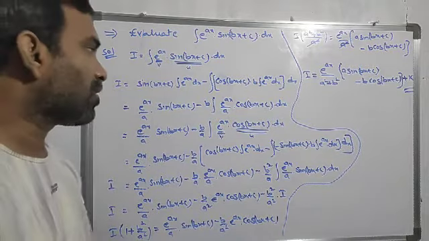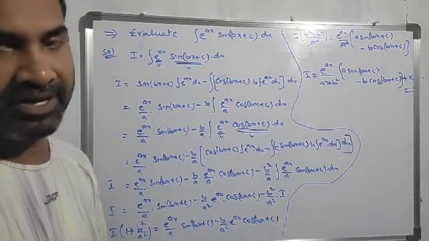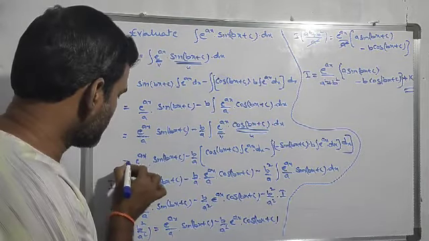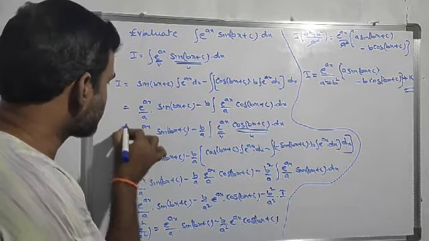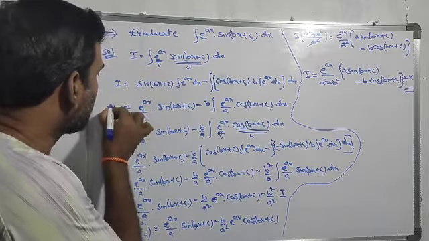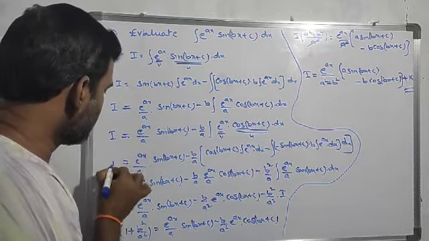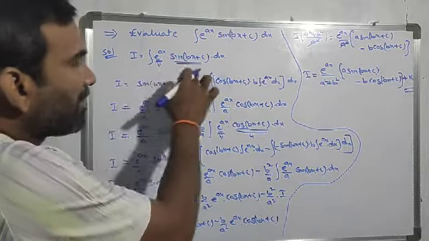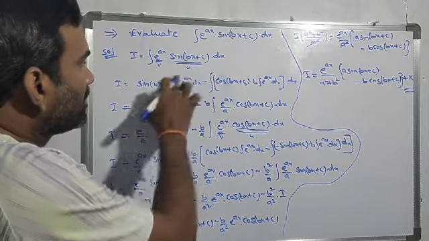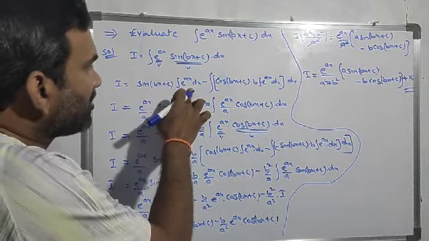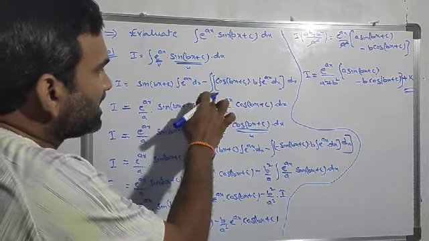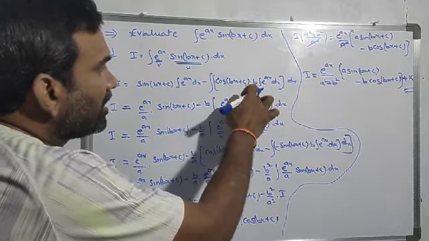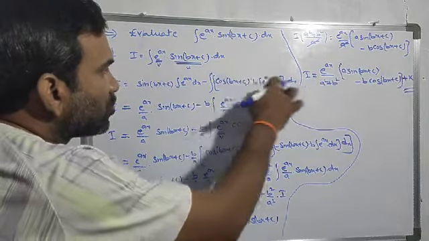Actually, it is a long answer question if we prove that. It has more steps. I am taking only the main important steps. I will explain it again. Just observe here. Here I am applying the by parts method: u into the integration of v minus the integration of du by dx into the integral of v dx, this total into dx.